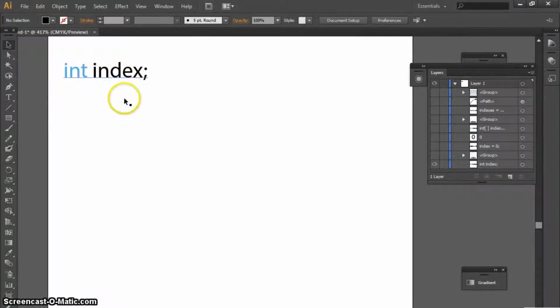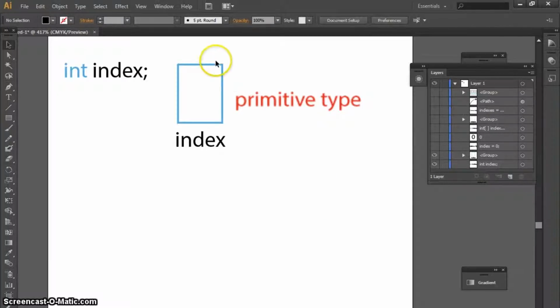Okay, I'm just going to declare a variable here called index this time, and this is what happens behind the scenes in memory. A little box of memory is reserved, big enough to hold integers, and we've labeled it index. But this line of code, this declaration, isn't really enough for anything to happen. There's nothing in that box. It is absolutely, completely empty. There is no value there. So when we do system.out.print index, Java is like,